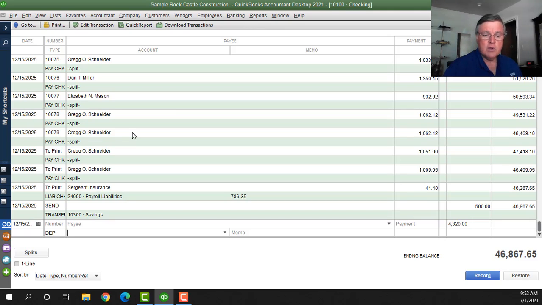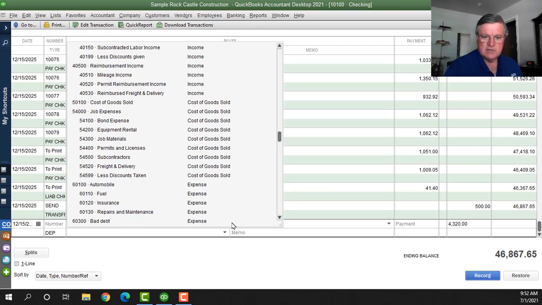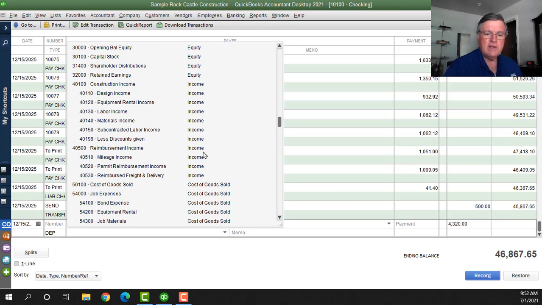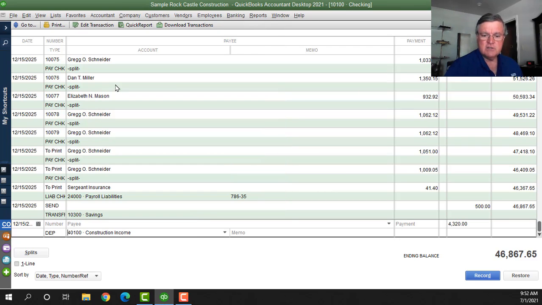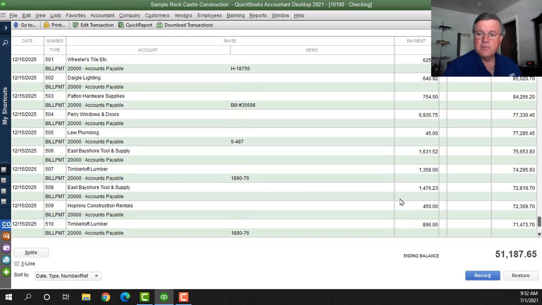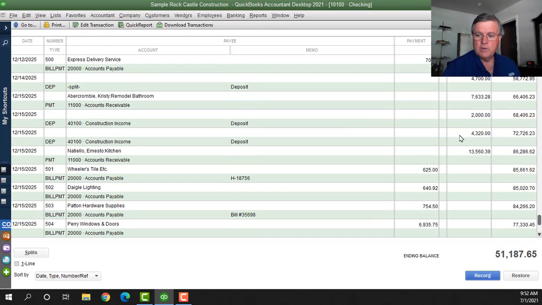$4,320. QuickBooks wants an account. What account should that be? Well, it's going to be one of my income accounts. Let's say it's construction income, and I record that deposit, and there it is. I'm done. I've got my income in QuickBooks. There's that deposit right there. Now,